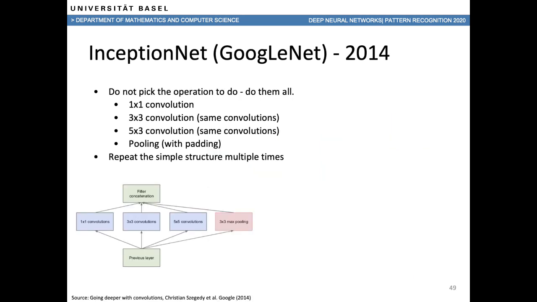An alternative approach to VGGNet, also an extension to AlexNet, was GoogLeNet. It is called informally, or in the paper, InceptionNet, also from 2014. And there, instead of saying that we only do this one type of convolution and then pooling, what we want to do is do all kinds of different convolutions and pooling at the same time, have this in some simple structure, and repeat this structure throughout the network. So again, see this as an extension to AlexNet,